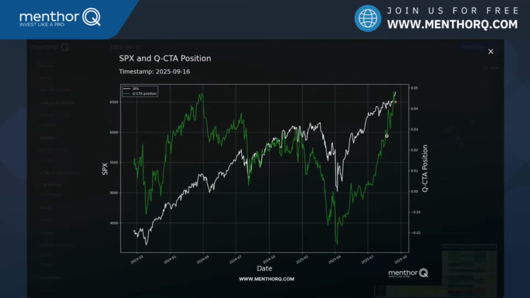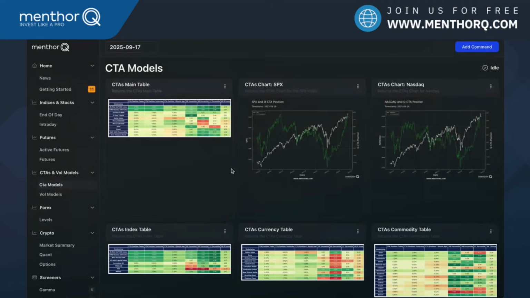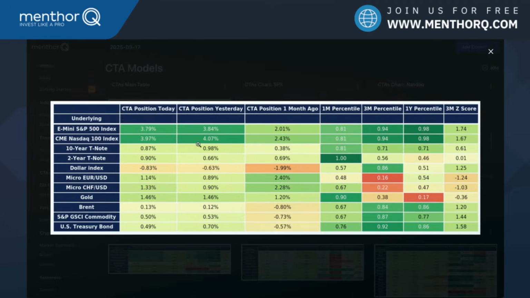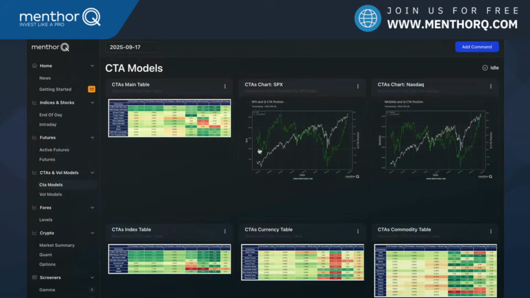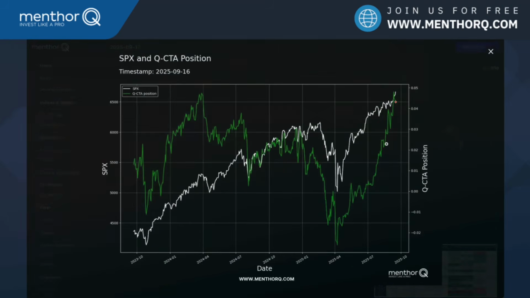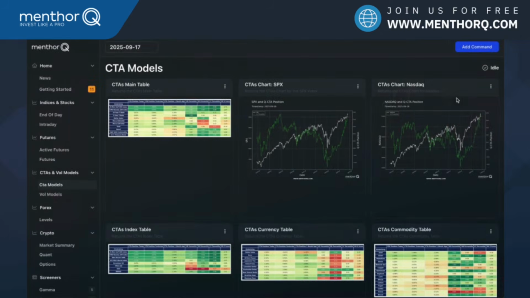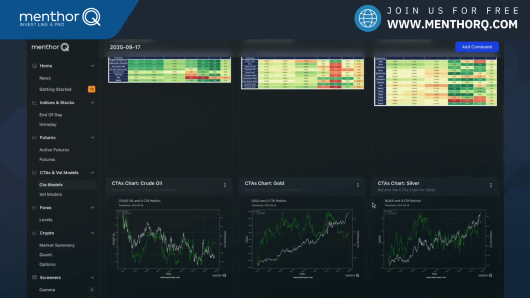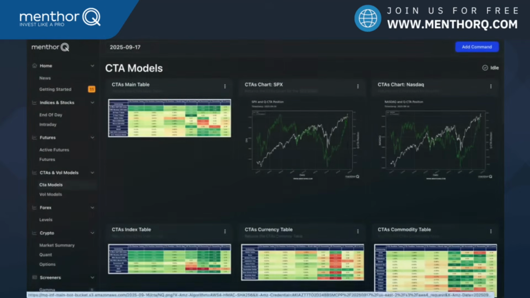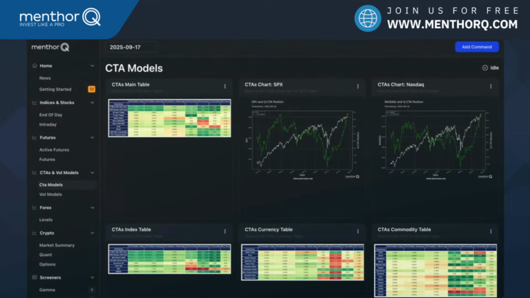You're actually going against liquidity because the data is telling you that CTAs are increasing their position to the long side, to the upside. So by shorting the market, you're actually going against a large chunk of liquidity that has been added to the market here, right? Similar to that, you can also use that in gold, silver, crude oil, and so on, right? So very, very important. CTAs, very key.